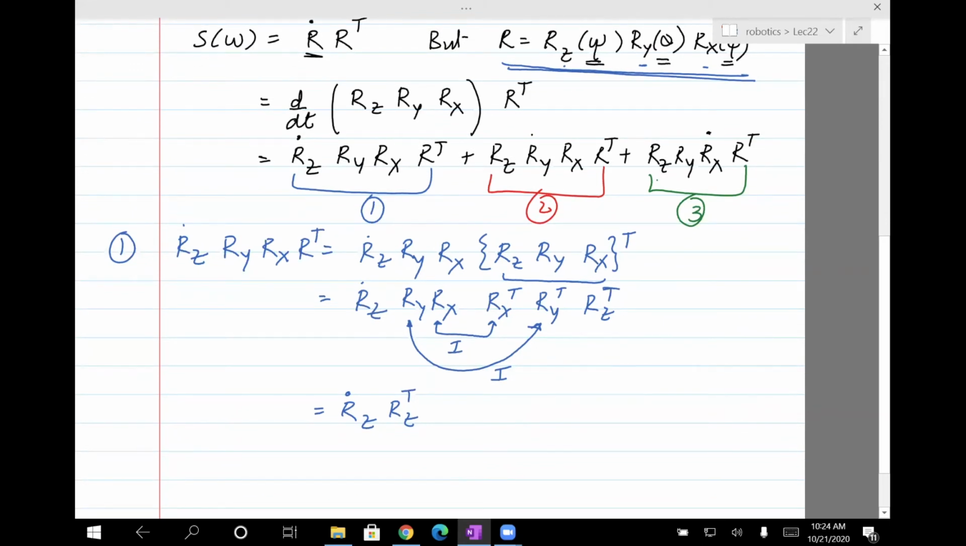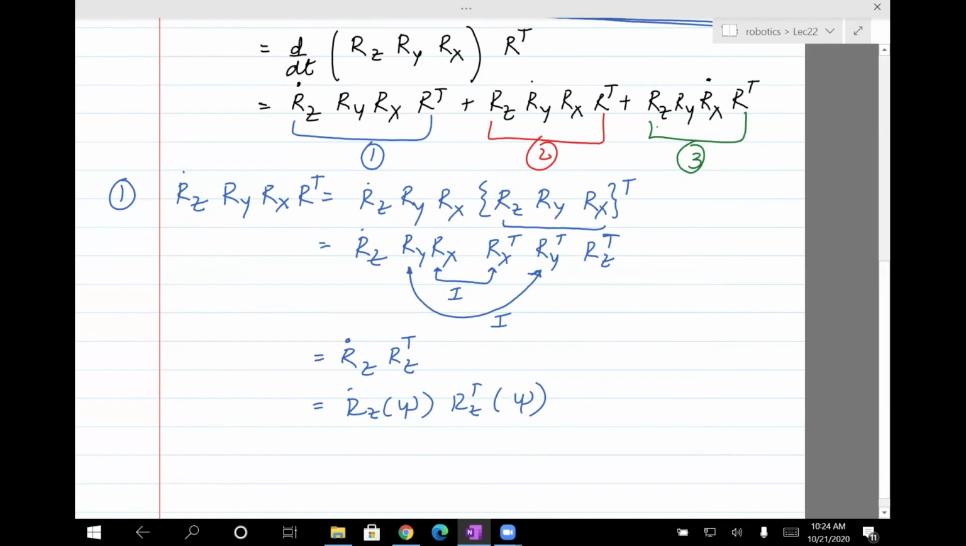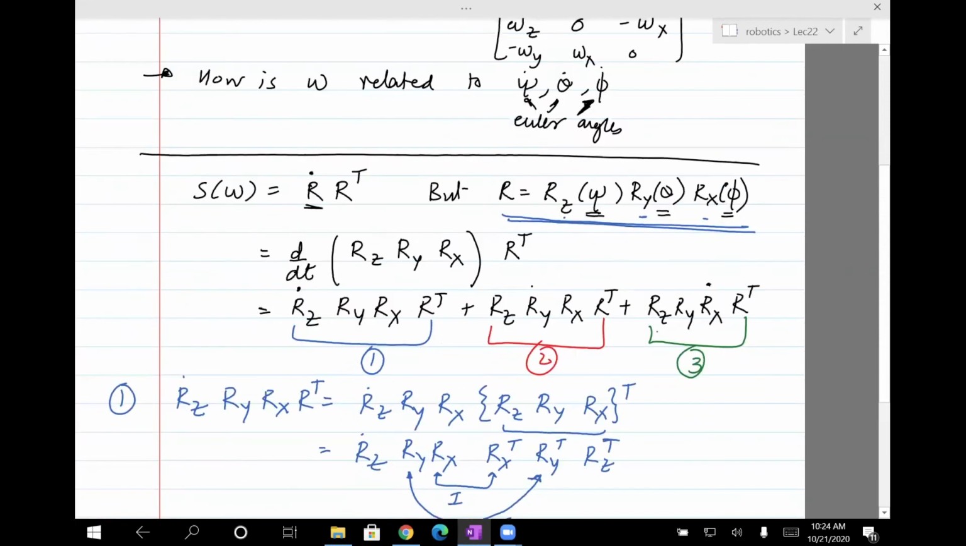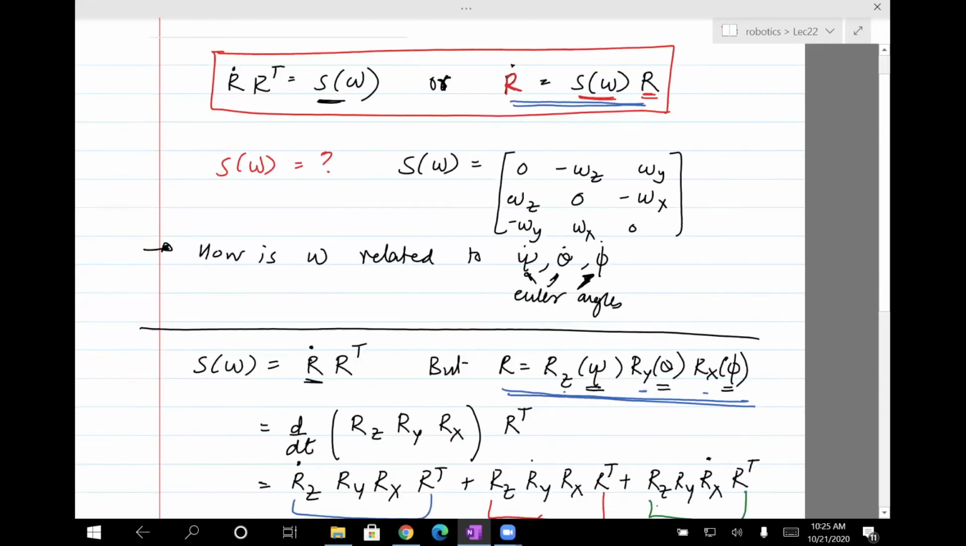Okay, so what's R dot Z times Rz transpose? At this point, let me write this as psi. I'm going to try to sub in the value of R dot. I do not want R dot, I want it in terms of S. So we wrote down this expression, right? So that's for R dot. If you want to find R dot Z,